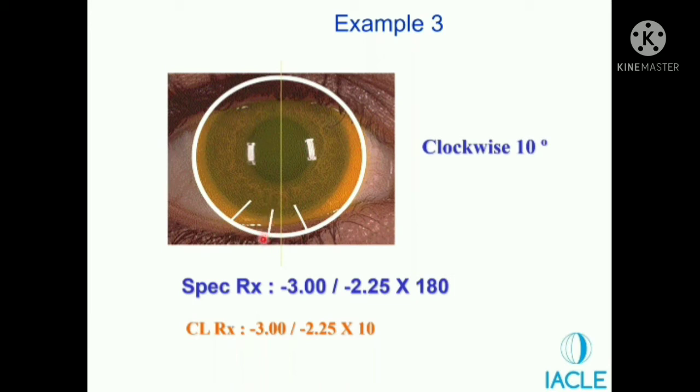So if you look at this line, this is the central line. So what you will do is, you will use your slit lamp, make a very thin slit and run it parallel to this one. Okay, that way you will find out exactly how much is the rotation.